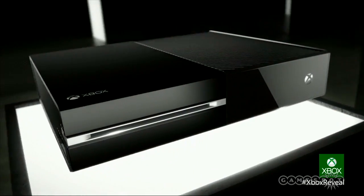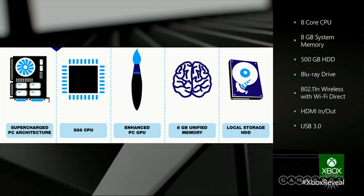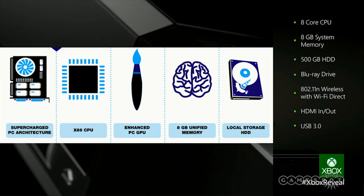Now that Sony and Microsoft have let us in on their plans for their upcoming consoles, it's time to consider how the PlayStation 4 and Xbox One stack up against each other. Their specs look similar on paper, but it's how they'll handle software and services that will set the two consoles